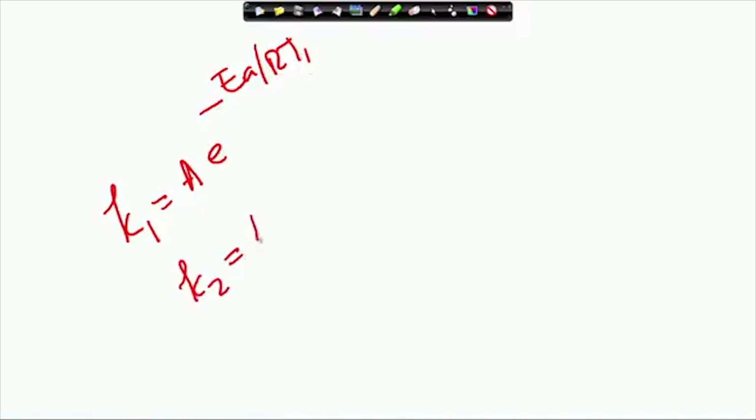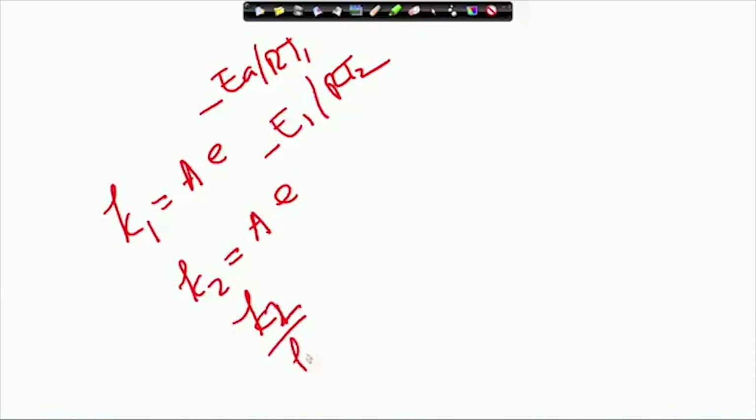If you consider k1 equal to A e to the power minus Ea by R T1, let us assume this is the T1 temperature, and k2 equal to A e to the power minus Ea by R T2, this is T2. Am I right? Now, if you divide,